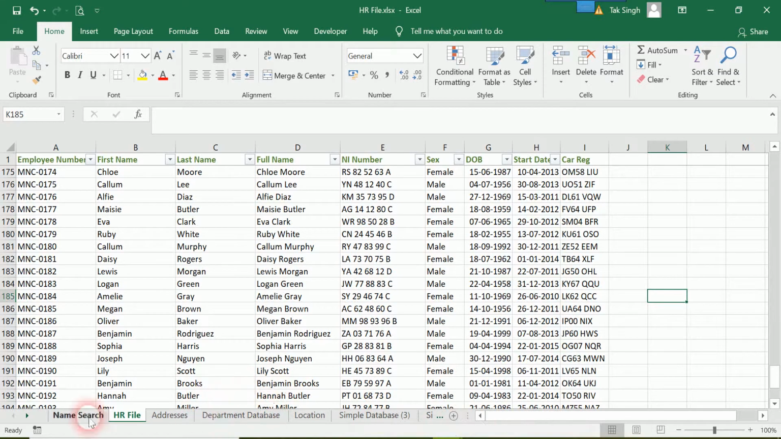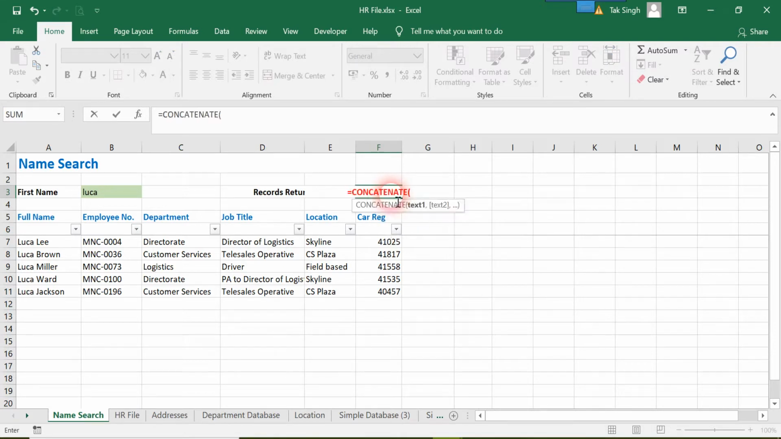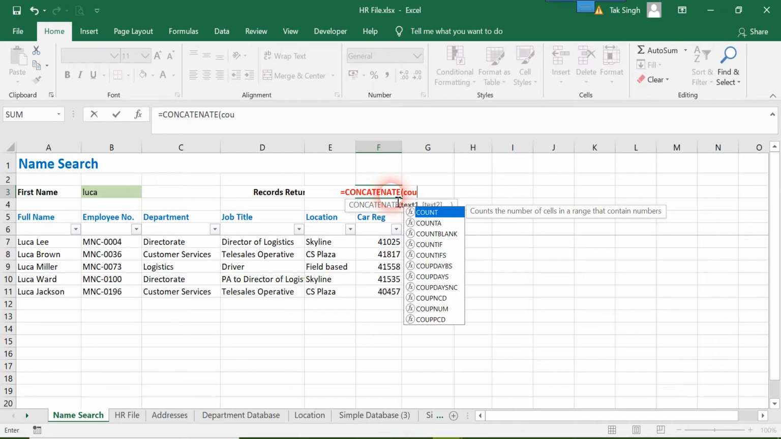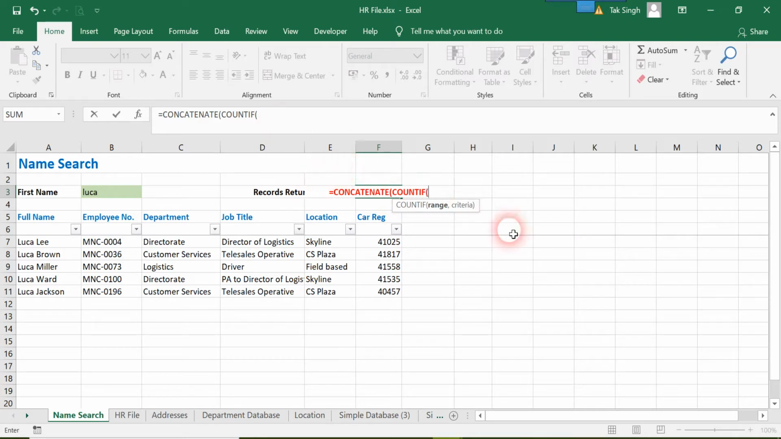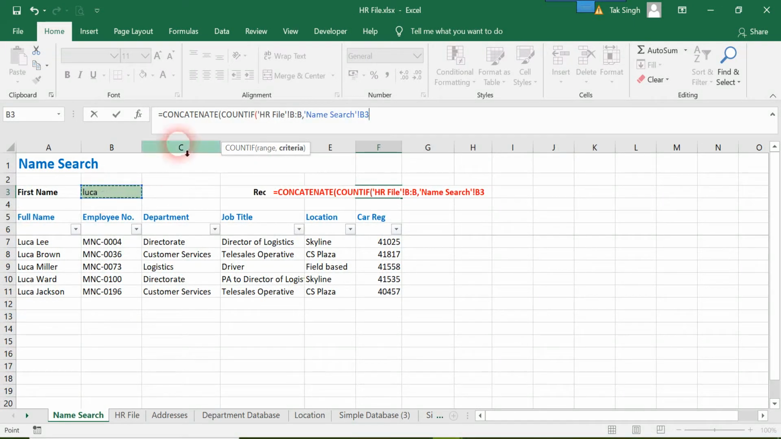So I will use this now in my name search over here as records returned. You can use the CONCATENATE function over here. I have used the cell format to be red so that it gives us a nice look. CONCATENATE, Text 1 will be nothing but COUNTIF. It's very disturbing over here, so let's go to the formula bar. COUNTIF, the range is from the HR file this,